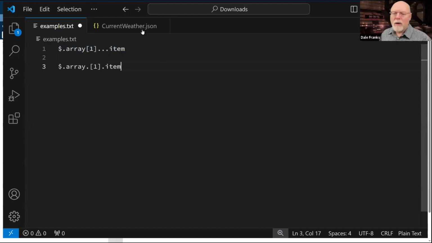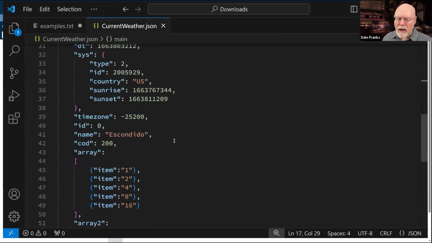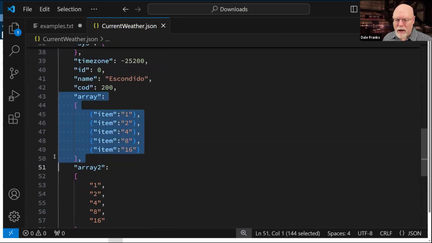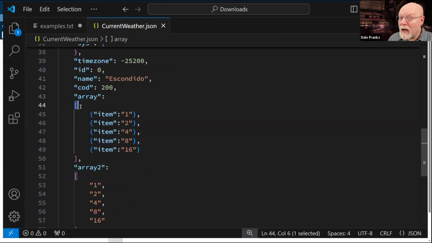So we'll copy that one. And by the way, we should probably go down here to our array because this is what we're going to start returning. We're going to start returning something from the array node. So note that I have array, and then I've got a square bracket, which in most cases, generally a dot. And then I've got the item, which has a curly bracket, which again, in most cases, generally a dot.